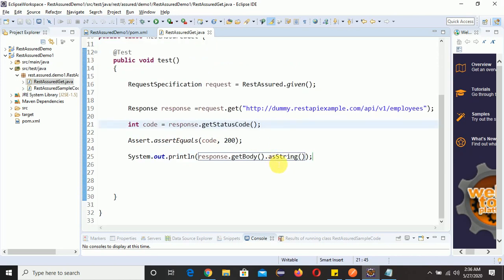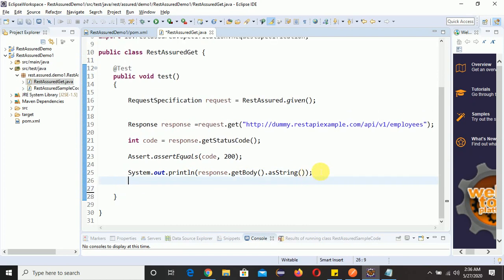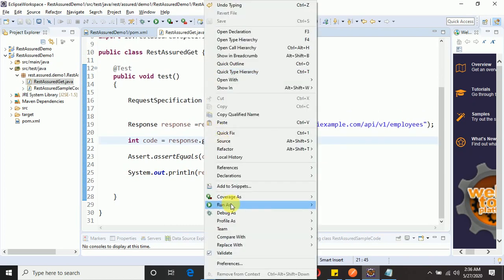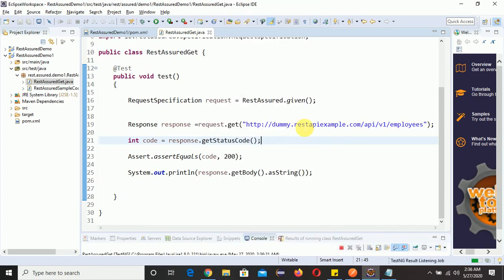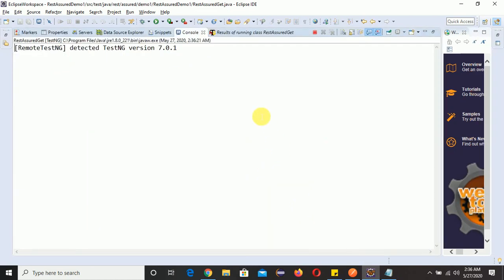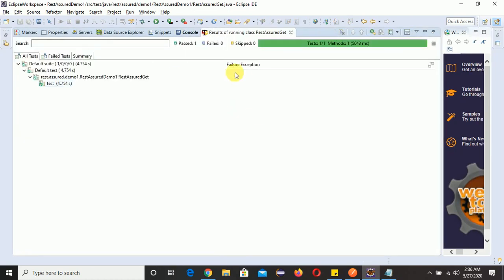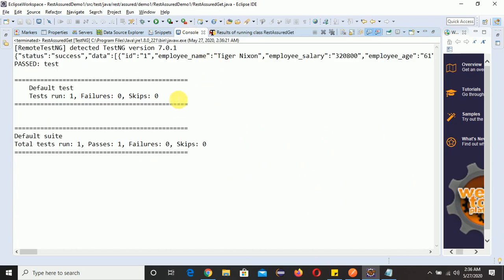So all things we have written. So let's execute this one, right? Now right click, then Run As TestNG Test. So we'll open the console. It is taking some time. It will go to the console.